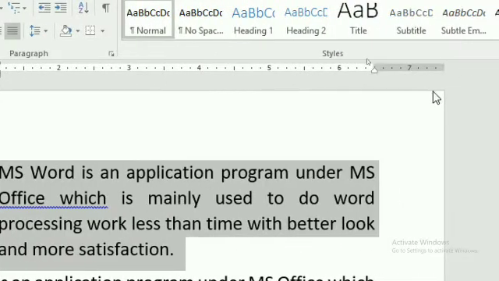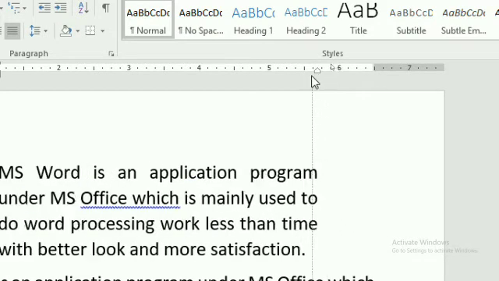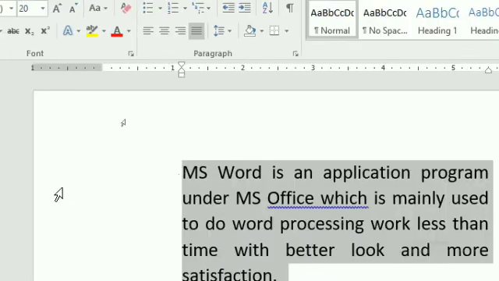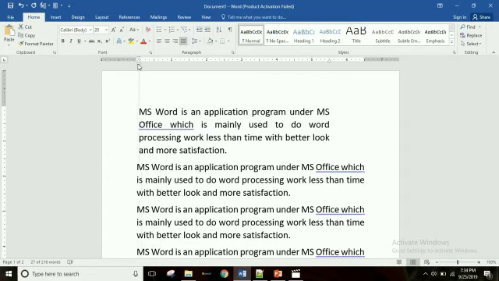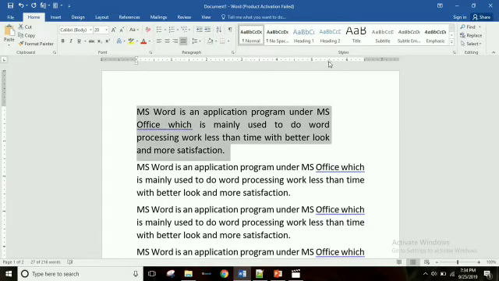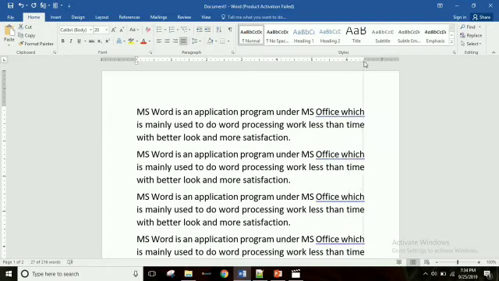See, now this is your right indent, so click on it and our document will change. See, this is the direction of the right indent, so you can press both of these sides, and after pressing left or right indent, see the direction of your text and the direction of your document.